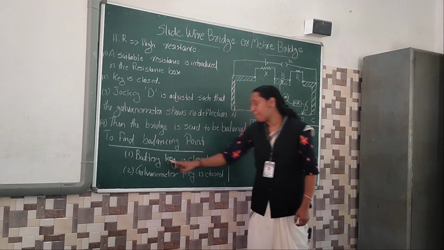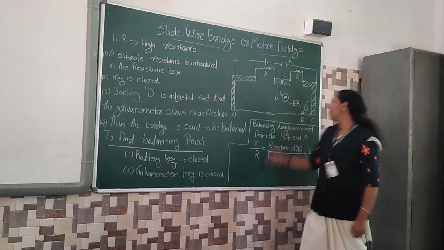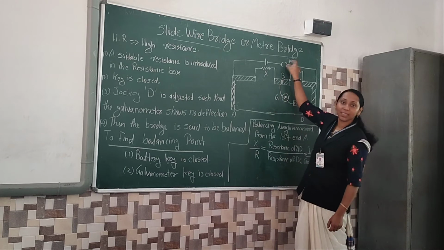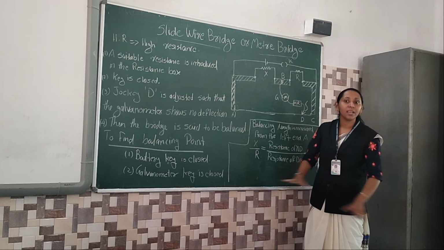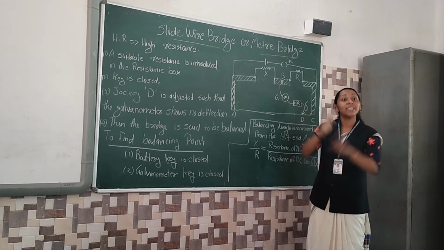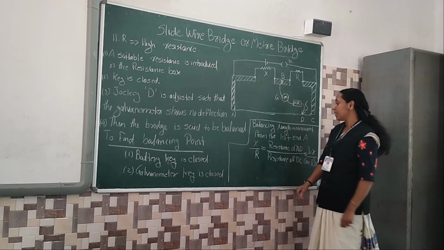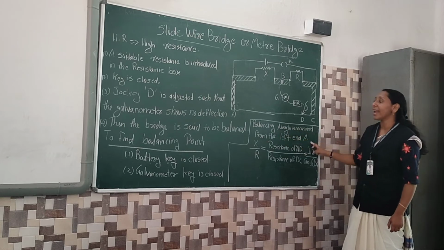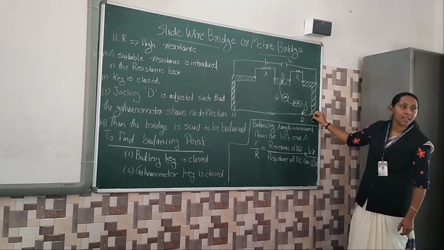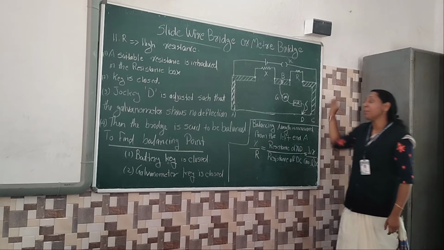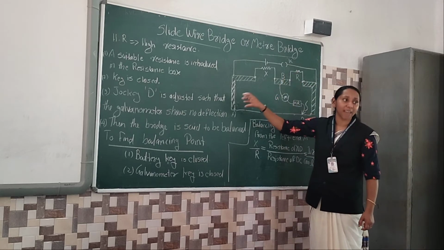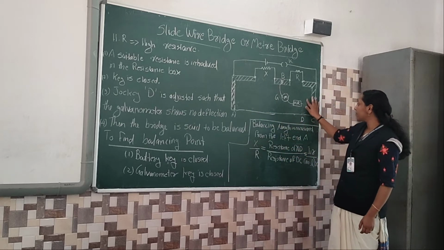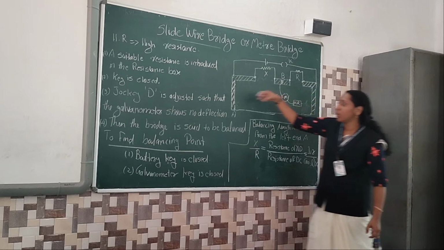First step is the battery key is closed. Which battery key? This one. Then after that, the galvanometer key is closed. Which one? This one. So two keys are closed, which means the circuit is a closed circuit. Then the current starts to flow. Then next one, the balancing length is measured from the left end A. So if we start from here, will we get a good answer? No. We should only start from A. Jockey movement is starting from A. Maybe I will just take my jockey from here. I held my jockey here and placed it there.